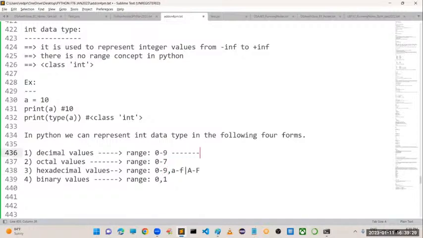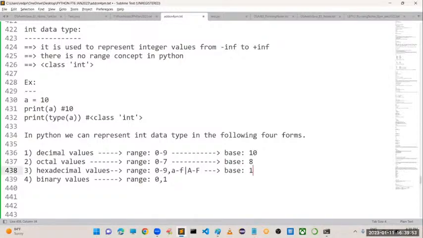Sir, what is the base of this decimal? The base of decimal is nothing but 10. How many values is it going to hold? Only 10 values. What about octal? What is the base of octal? Here it is going to hold only 8 values. So 0 to 7 means we get 8. What about hexadecimal?